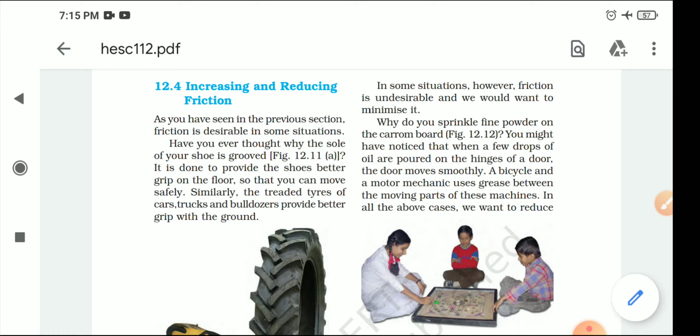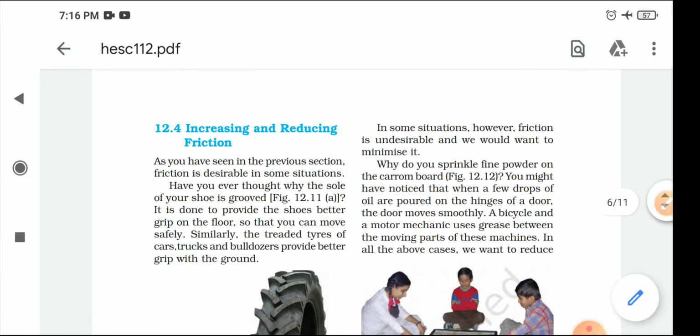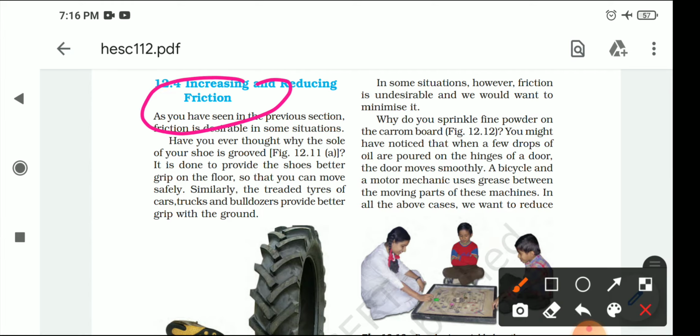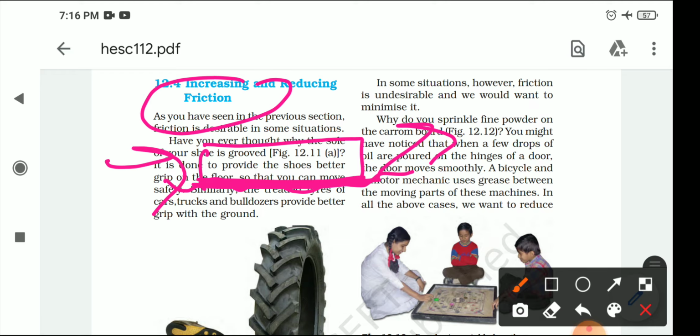Okay. So again, I am repeating first, what is friction? Friction, as I told you, always acts when two surfaces come in contact. Just suppose this is one surface and this is another surface. When these two surfaces come in contact with each other, then friction will apply, and friction always applies from the back side, opposite to where the force is applied. For example, if the force is applied from this side, the friction will act from that side. Clear?